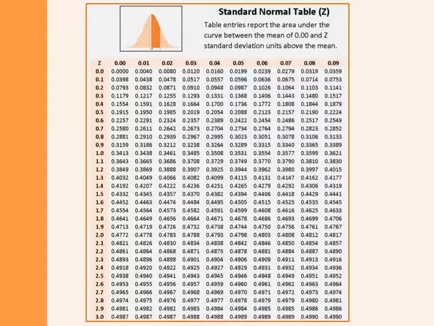So we look up 2.5 and highlight that row of our table for area under the normal curve, and then we add to that 0.03, or 3/100ths, and highlight the column that has a heading of 0.03. And we see now those two rectangles intersect at the value of 0.4943. So 0.4943 area under the curve falls between a mean of 0 and a z-score of minus 2.53.